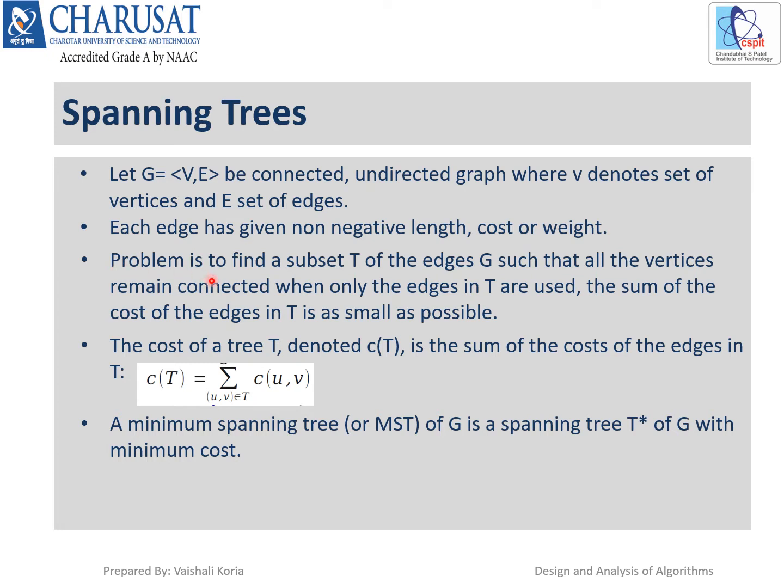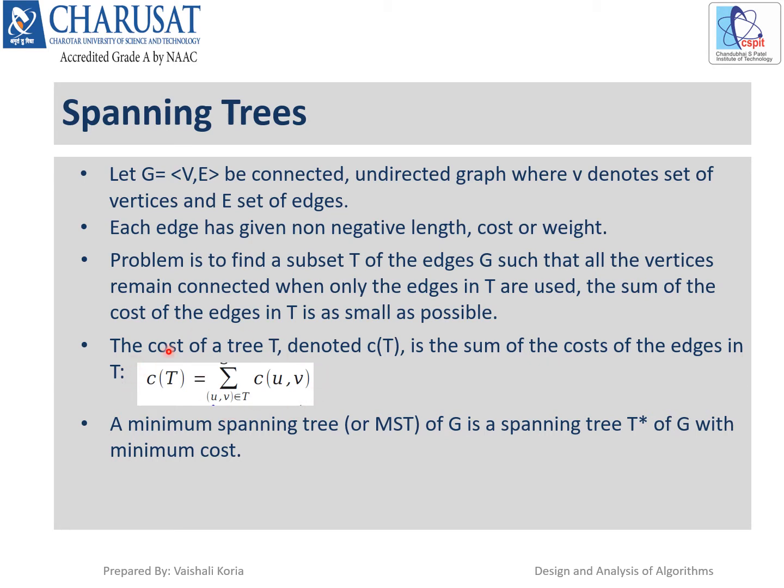Now problem is to find a subset T of the edges G such that all the vertices remain connected when only the edges in T are used. The sum of the cost of the edges in T is as small as possible. The cost of a tree T is denoted by CT is the sum of the cost of the edges in